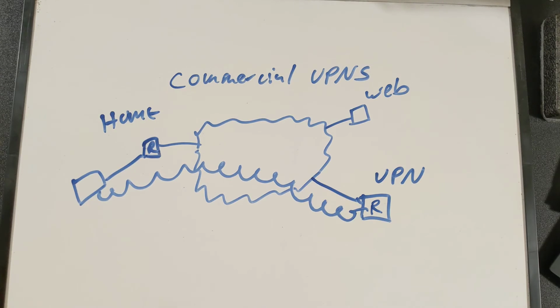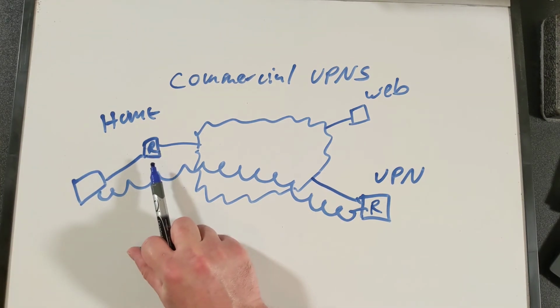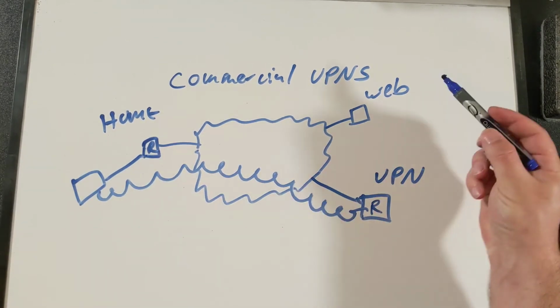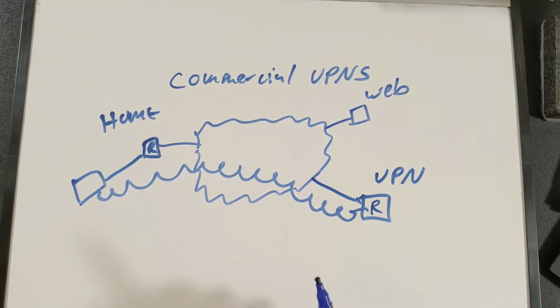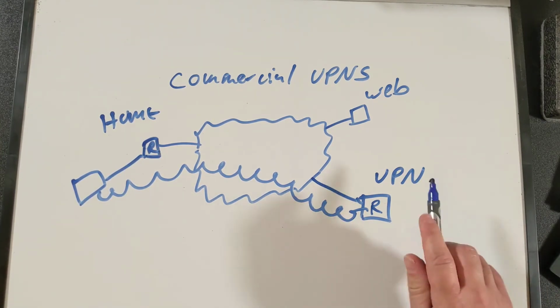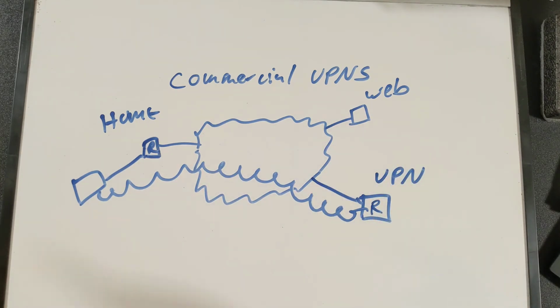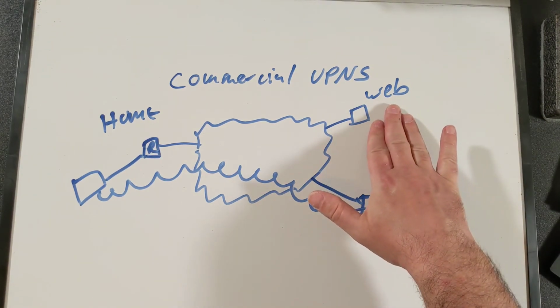And the reason that commercial VPN providers give for wanting to do this is that it hides your IP address. So this home router is going to be assigned a public internet address by your ISP, and your ISP knows which IP address was assigned to which user at which time. And so if this web server is logging their traffic, and they are, web servers log their traffic, then this internet protocol address, which could conceptually be connected to you, is logged in their thing. And so you lose some privacy by letting the web server know your IP address.